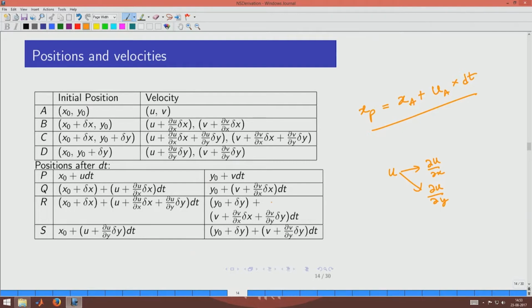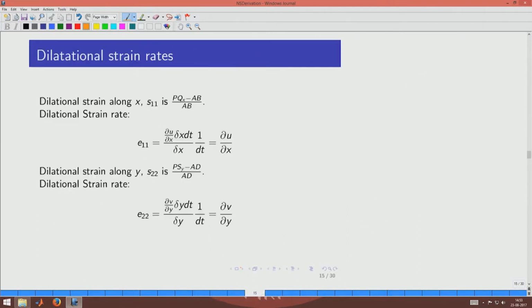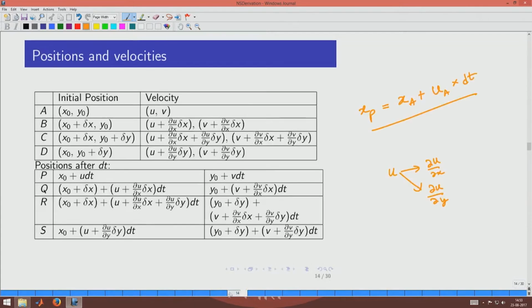Now, once we write these positions, the advantage is basically we now have a way to define the different components of these dilations and shear and rotation. So, we now know the dilation. The amount of dilation is nothing but difference in the length divided by the original length, and that will be the amount of strain. So, such quantities are now going to be defined. We are going to define the dilational strain as follows: PQX minus AB by AB, which means that